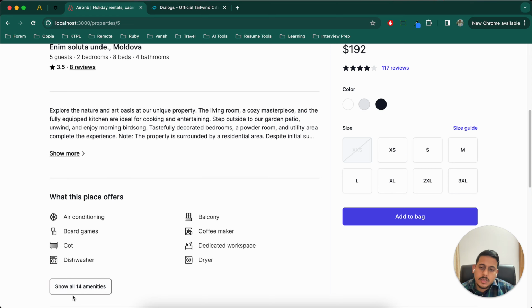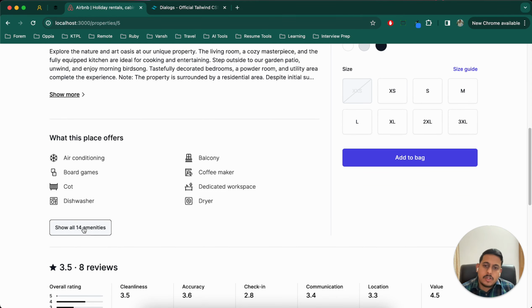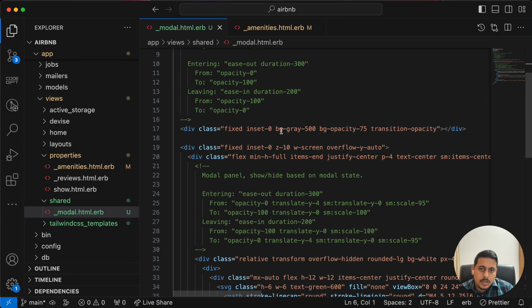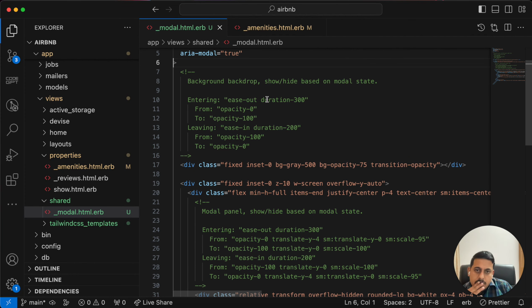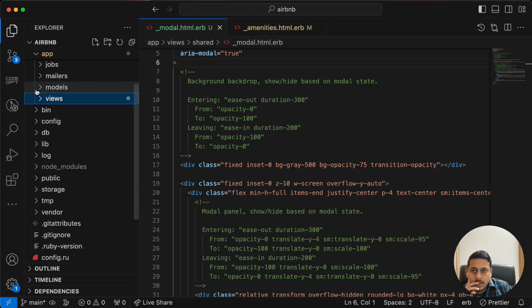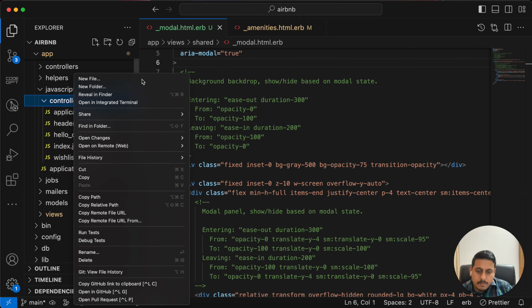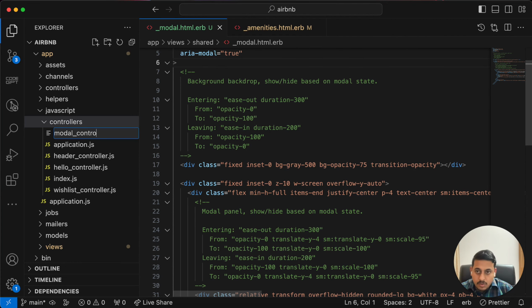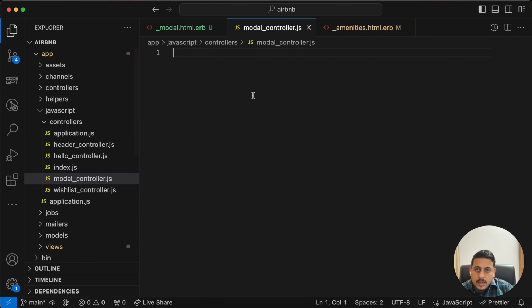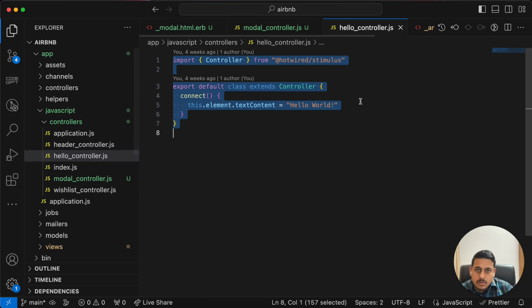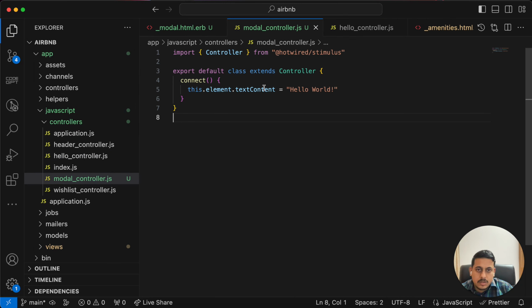So now what we will do is when we click on the show all button, it should open up. So we have to capture this click event and show this modal, right? So we will create a stimulus controller for that. We can go to JavaScript and create a modal controller.js, and in this, similar to hello controller, let's do this